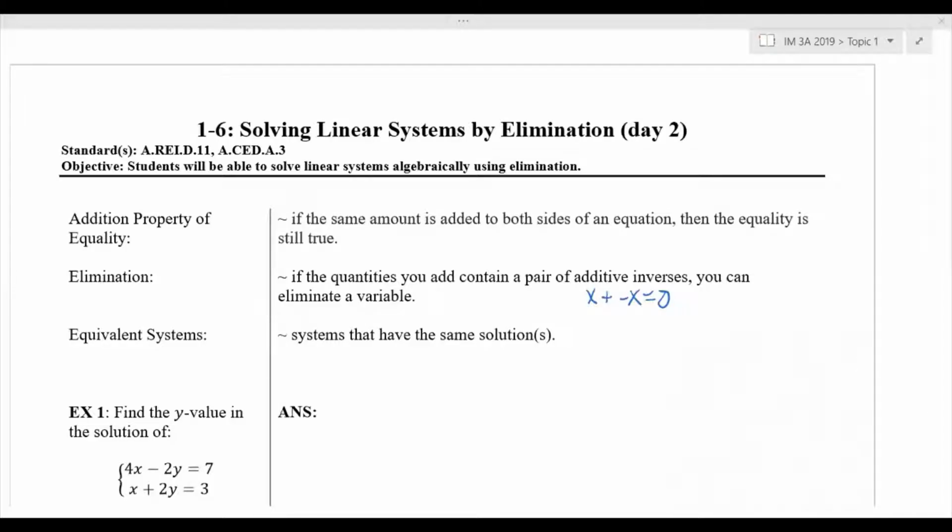Last class, we talked about solving linear systems using graphs and substitution. Today, we're going to use elimination. Elimination is a strategy that employs the addition property of equality, where I'm adding equivalent values to both sides,